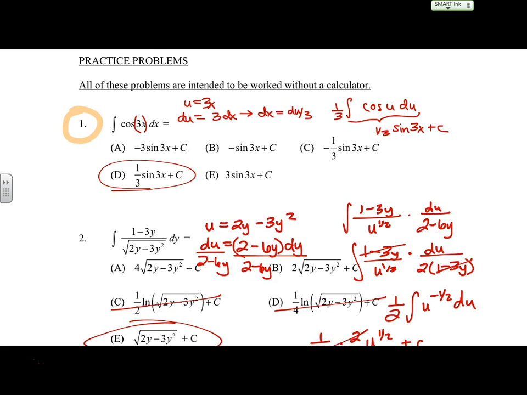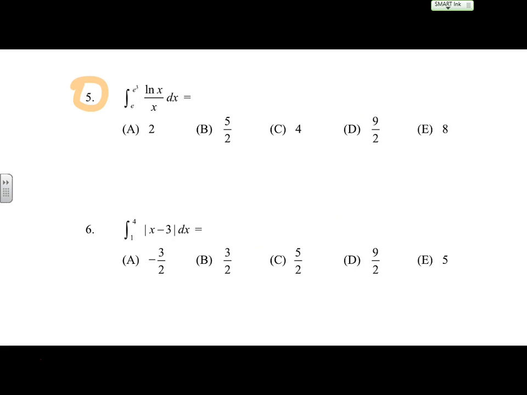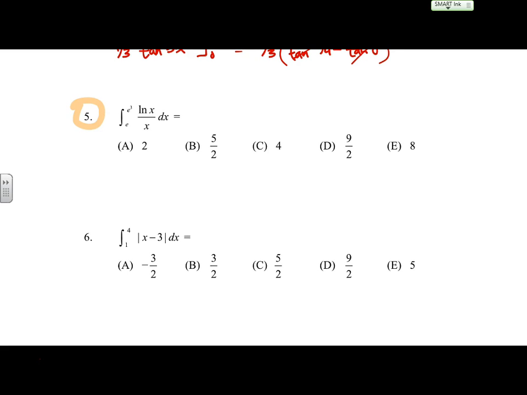Okay, then we're going down to number 5. Kiddos, to be honest, this is more of a BC question. It's not impossible for AB, but it is more of a BC question. Quick heads up, as a note, whenever outline